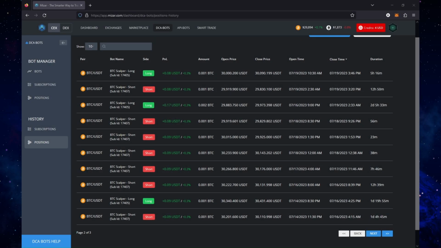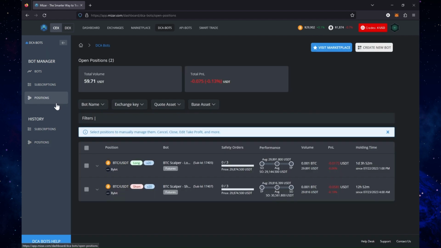So again, this Bitcoin scalper is something that I designed, and I'm fairly proud of it because it's stable, it's consistent. It's not producing a huge return, but it's doing so consistently even in flat markets. I will show you today how to subscribe to another strategy, but before I leave this particular menu, this interface,